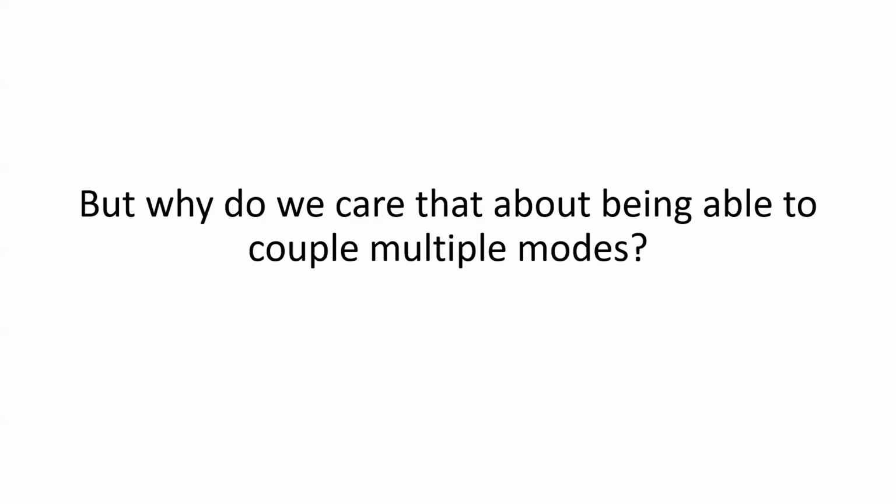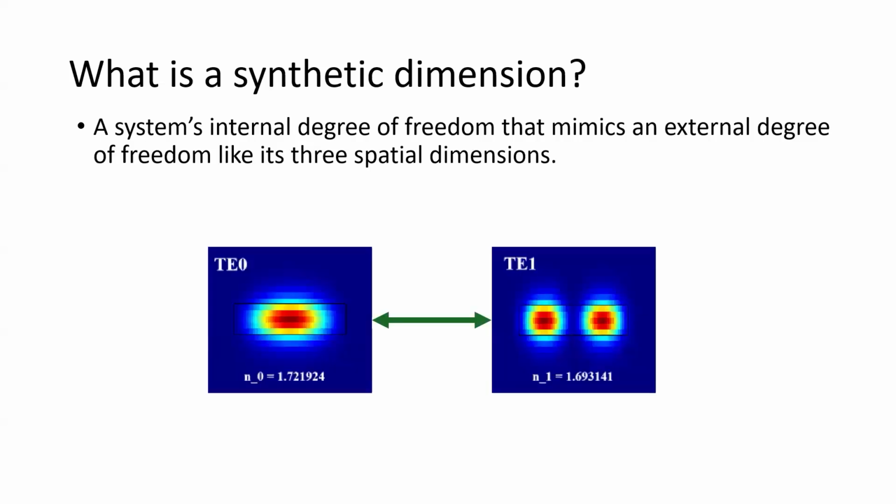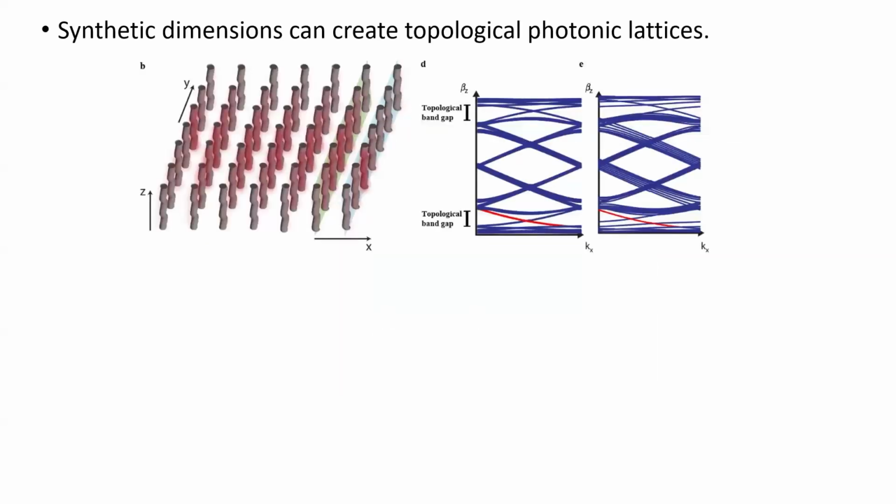But why do we care about being able to couple multiple modes together? It's because we can create a synthetic dimension, which is a system's internal degree of freedom that mimics its three spatial dimensions. For our case of light, by having these mode conversions, the modality becomes a synthetic dimension. Now, synthetic dimensions are cool because they have applications in creating topological photonic lattices,